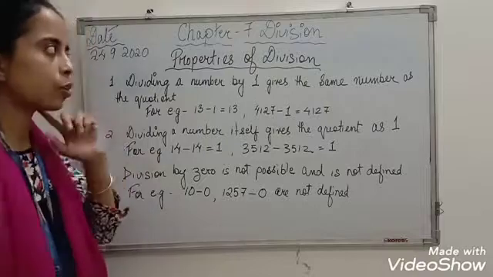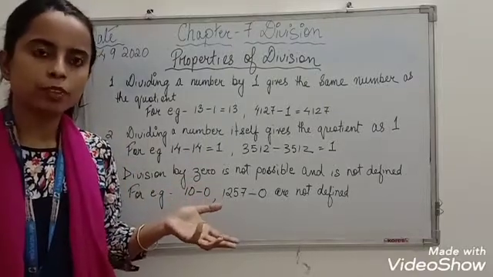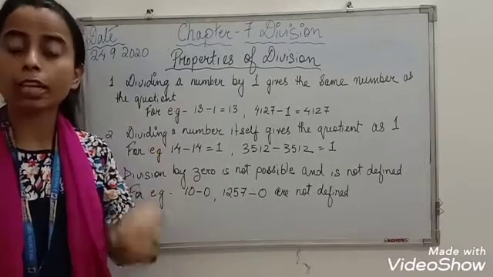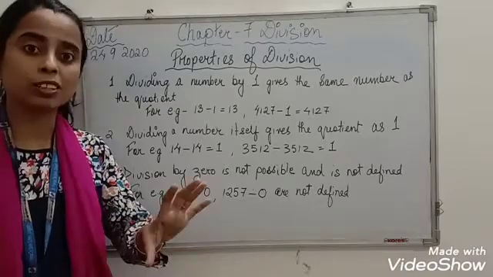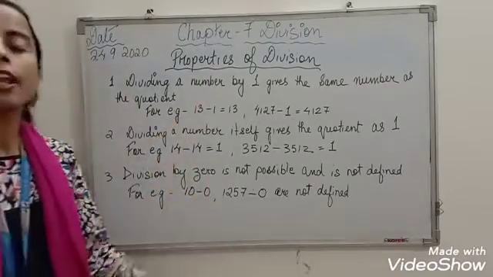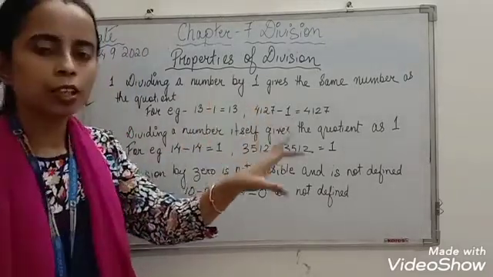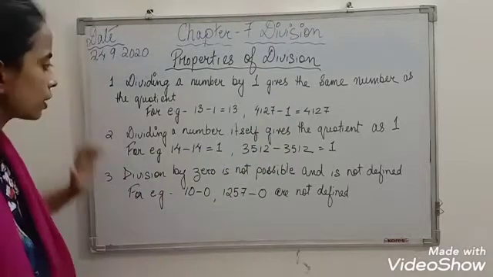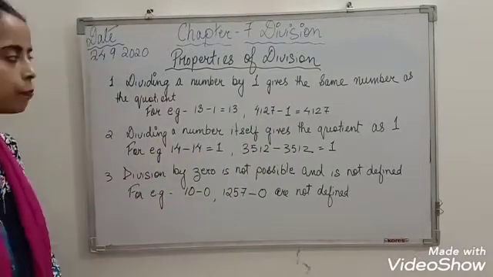Alright. So I have taught you how to divide a 4-digit number by a 2-digit number. I hope it is clear and you have understood, and I have also taught you how to check whether the division process is correct or not. Now the properties of division. Like multiplication, we have certain properties of division also. So these are the 3 properties. Let's see what they are.